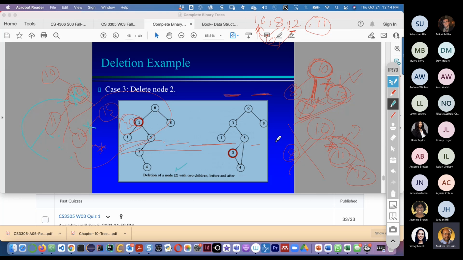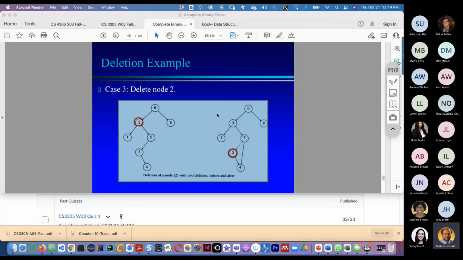Move this 4 from here to here. Now actually what is deleted? 2 is deleted. We have already 3, we have already 5, we have already 4, we have already 1. Then what is deleted over here? 2 got deleted. Does anyone have any question?